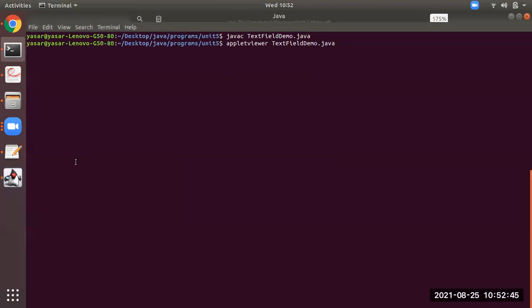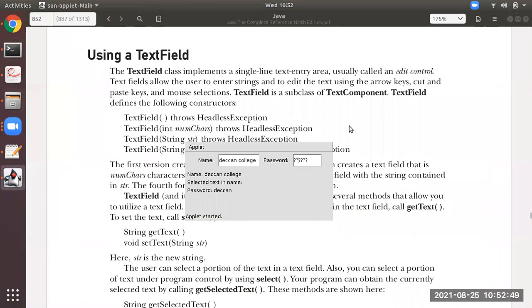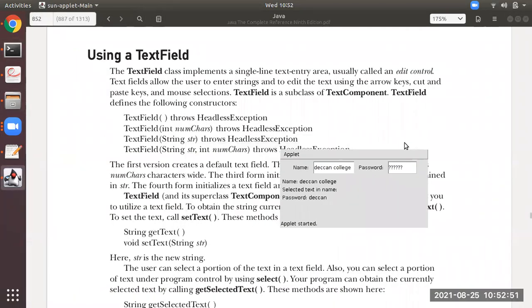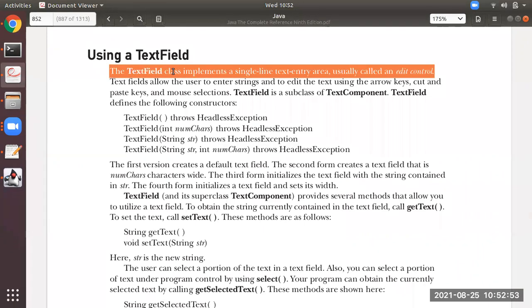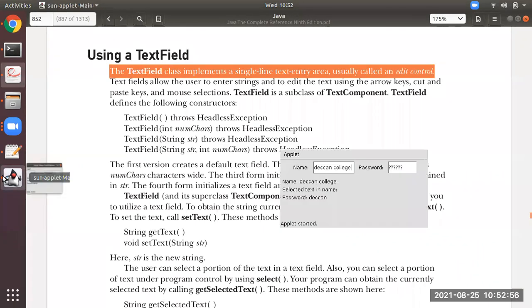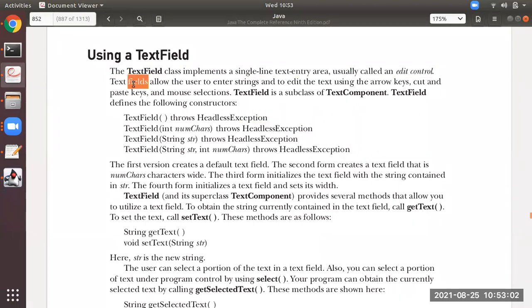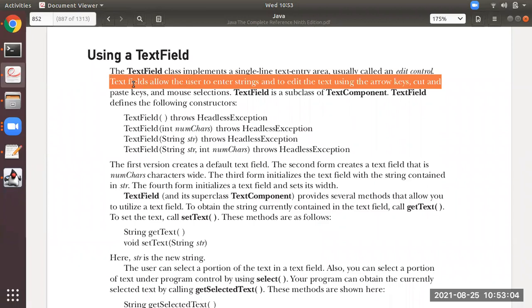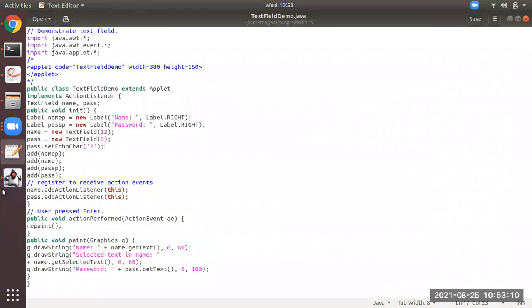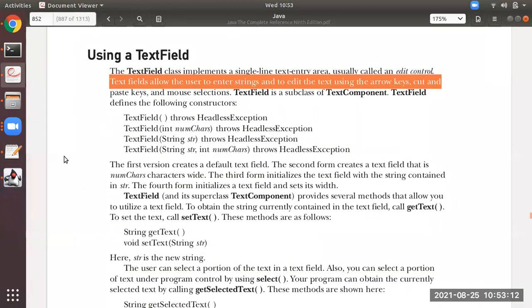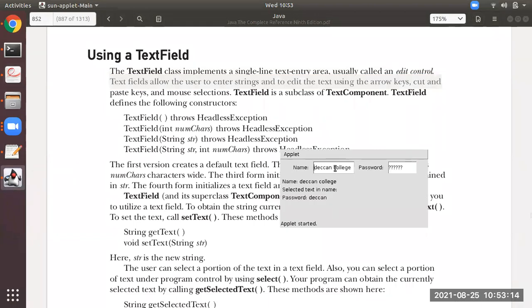Okay then students, now just go through this. The text field class implements single line text entry. This is a single line text entry, usually called an edit control. Text fields allow the user to enter strings and to edit the text string using arrow keys, cut and paste keys also. You can use that concept also over here.